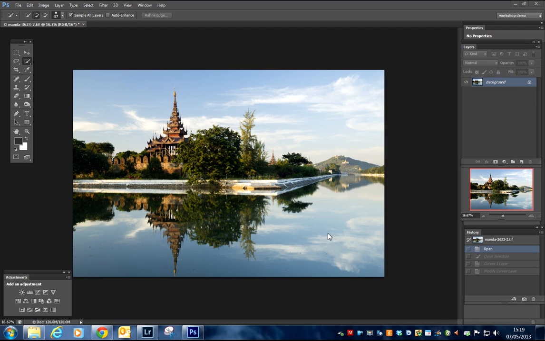So the first thing I'm going to do, let's just concentrate on the sky for the moment, and I'm going to make a selection, and I want to show you different ways I can do that. You know, one way is to basically use the lasso tool, as we've done before. I'll just do a rough selection and I'll feather that,